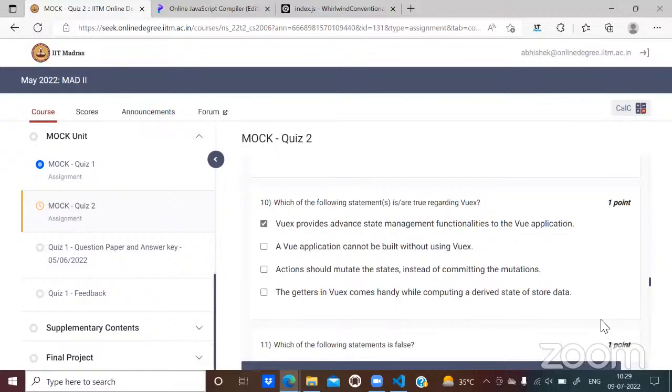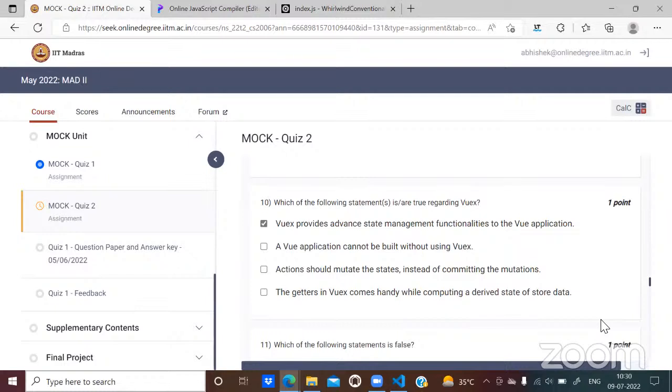Whatever the other person pointed out, for him mutations are probably advanced, but for me it is the bare minimum that the framework is providing. Without using them, I will not be able to use Vuex at all. So advanced is subjective, is what I'm saying. When the option is subjective, the interpretation will be different. I may think it is false and some other person may think it is true.